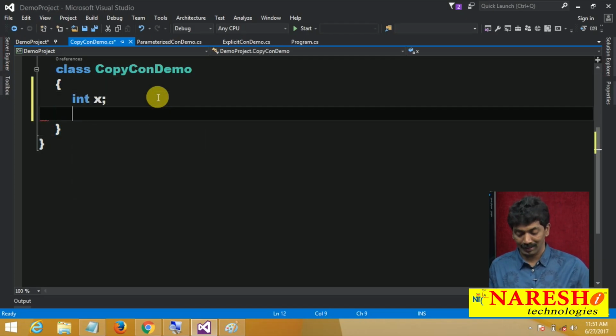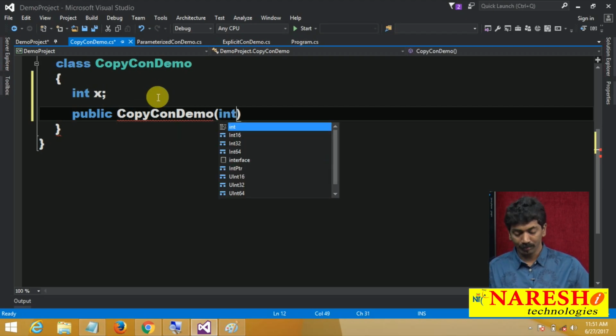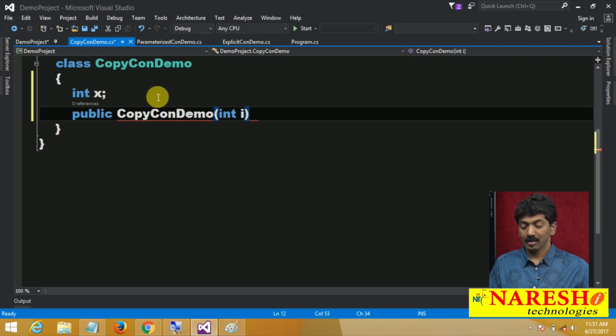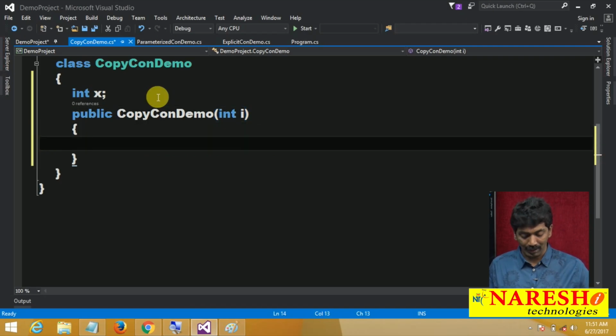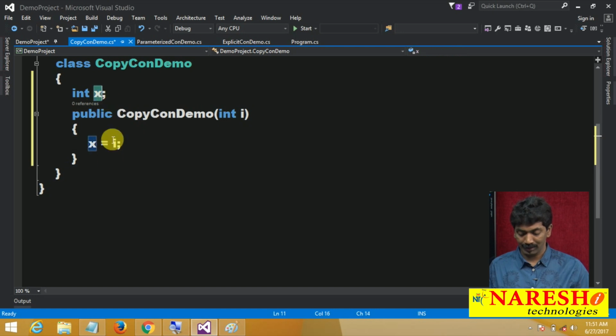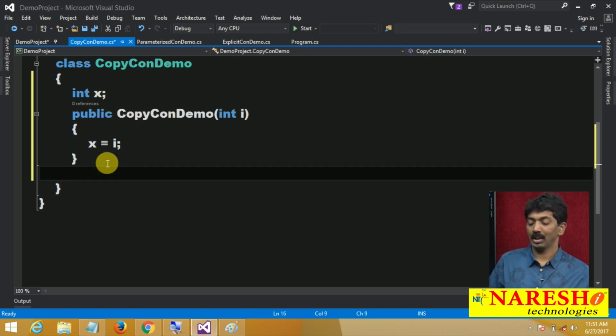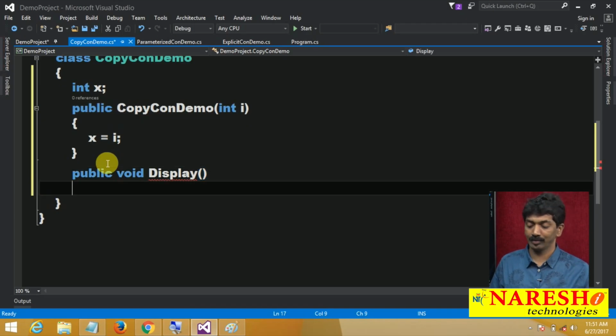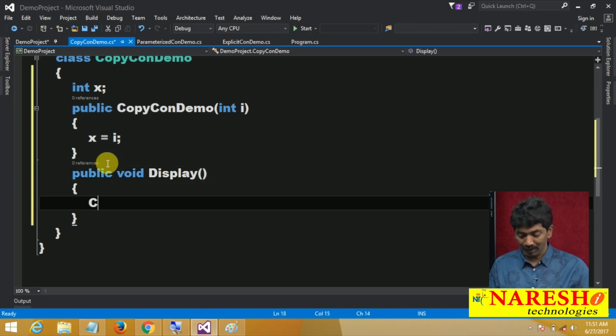Just like the previous example, I'll declare a variable int x, and after declaring this int x, I'll define one constructor, public CopyConDemo, simply passing int I, and inside of this let us write x is equals to I. X is equals to I means this I is used for initializing x. Okay, and fine, public void display.